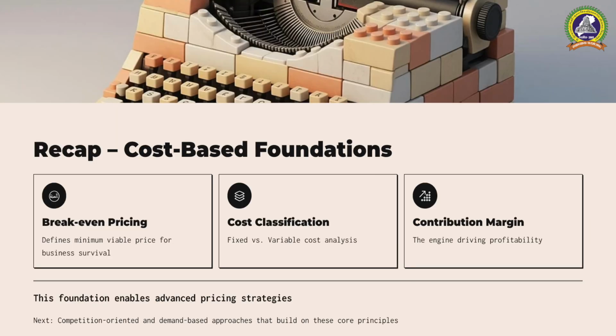Let us briefly recap this section. We have established that break-even pricing is the survival threshold where total revenue meets total cost. We identified that cost comes in two flavors: fixed, which are time related, and variable, which are volume related. Finally, we learned that the contribution margin is the engine of profitability. It is the money left over after making the product that goes beyond paying off the company's overhead. With this foundation laid, let us now move to a more aggressive short-term strategy: marginal cost pricing.